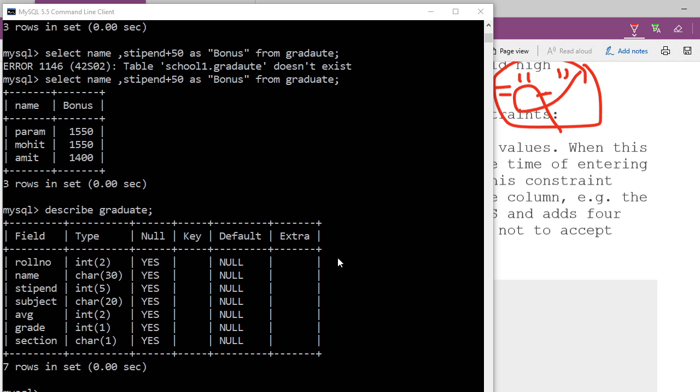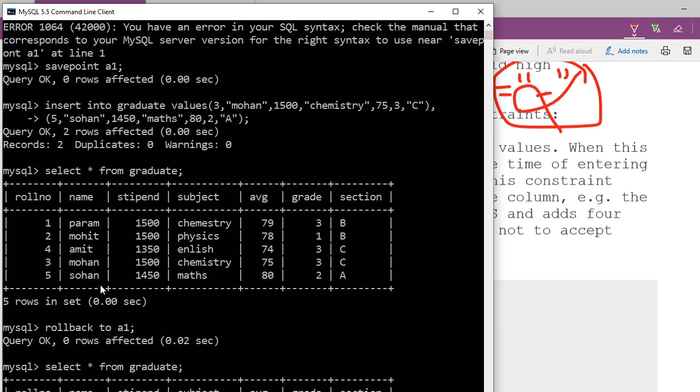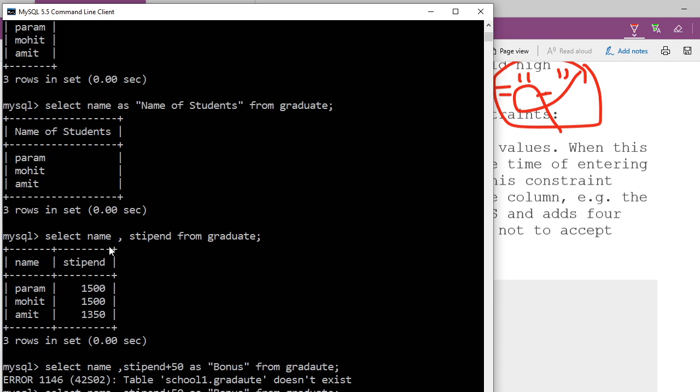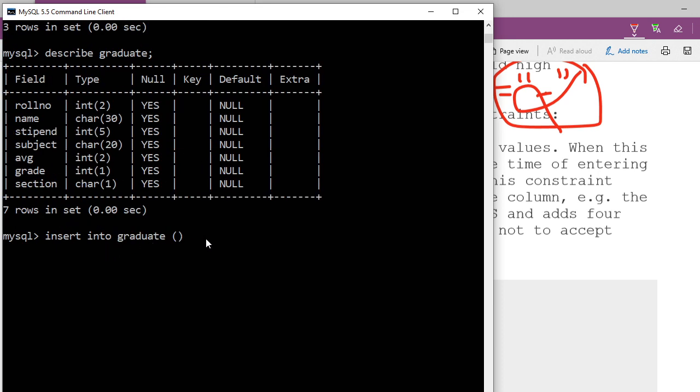You see, insert into graduate. First time you are seeing this one, insert into graduate, then I am writing roll number here, let's suppose 20, up to what roll number we have written, 1 to 3, 4, 5 is not there because already we did rollback. Okay, insert into graduate, I am writing here third roll number, then I am writing here Mohan.